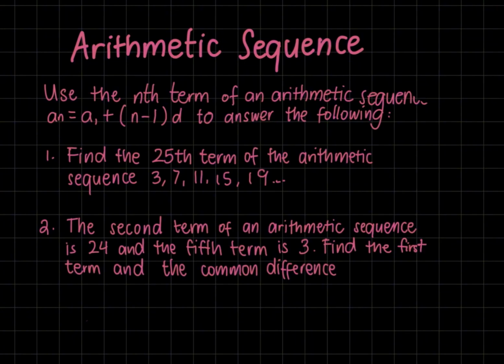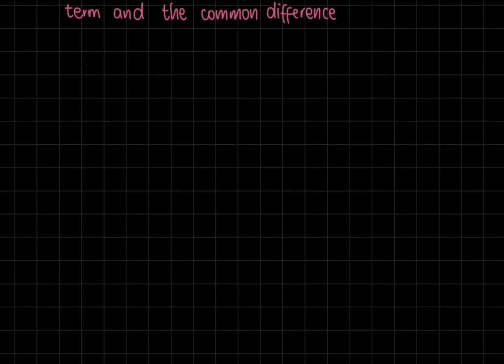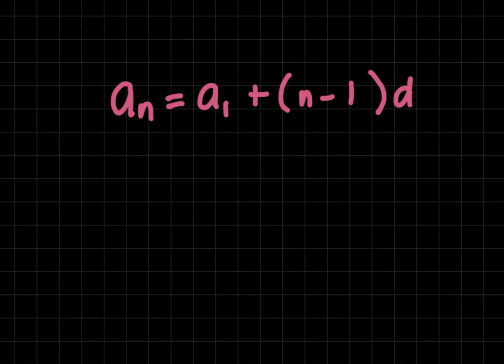So, we have the formula a sub n equals a sub 1 plus open parenthesis n minus 1 close parenthesis times d, where our a sub n is the nth term or the term we're going to find,